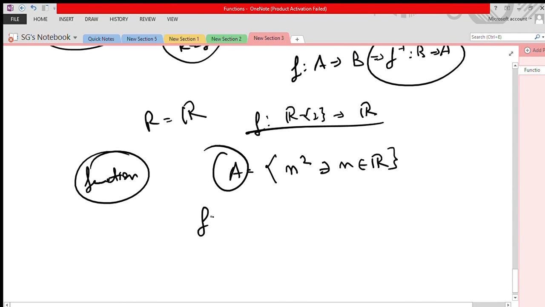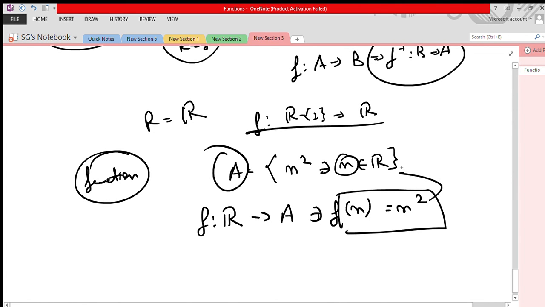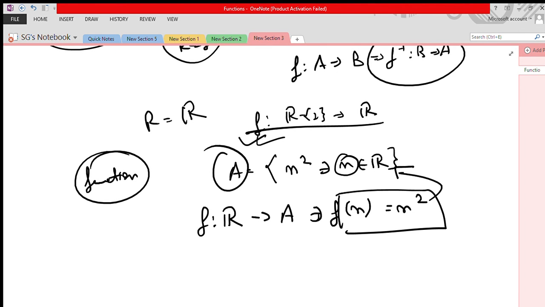So it is pretty easy. As n belongs to real numbers, you can set the domain as real numbers which maps to A, such that f(n), any input taken as n, gets transformed to its square value. Hence all the elements get mapped to the set A. Clear? This is the basic structure of functions. Got it? Now, I guess you are clear about what a function is and these things.